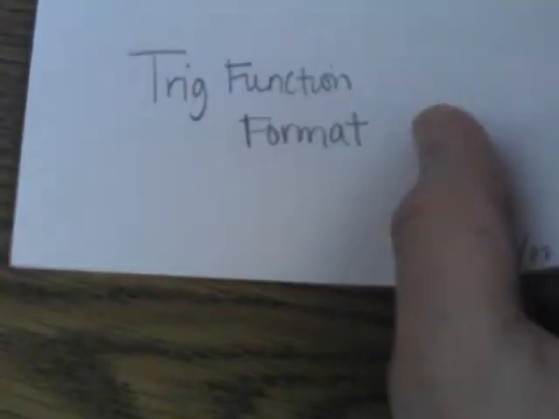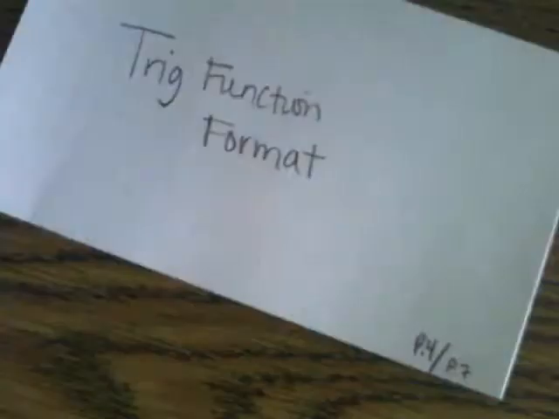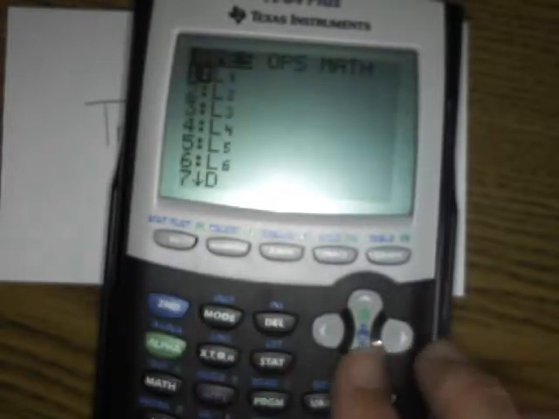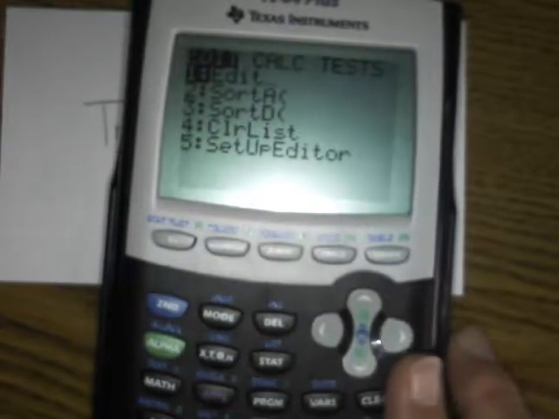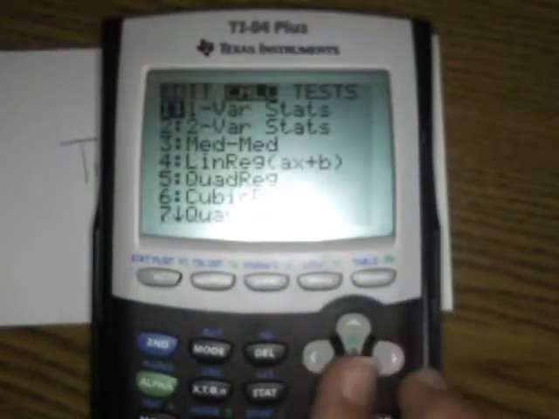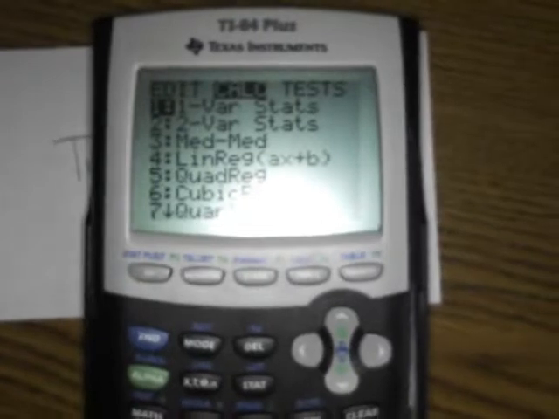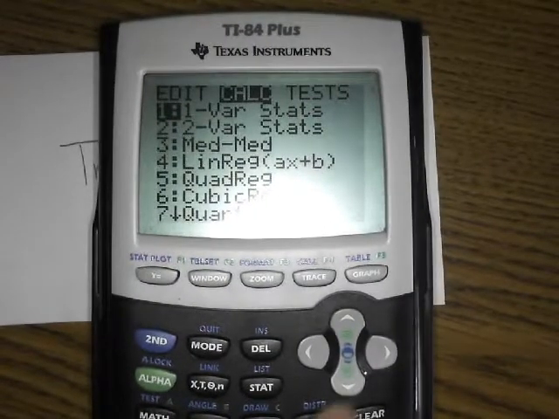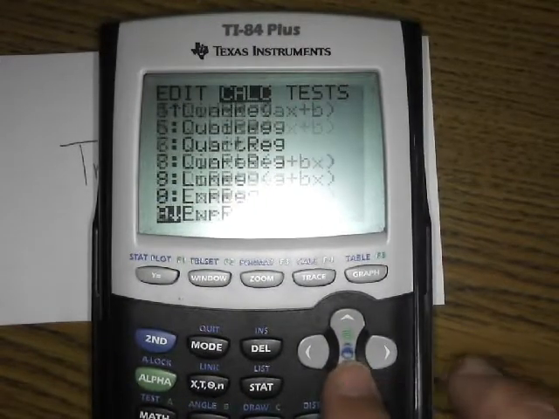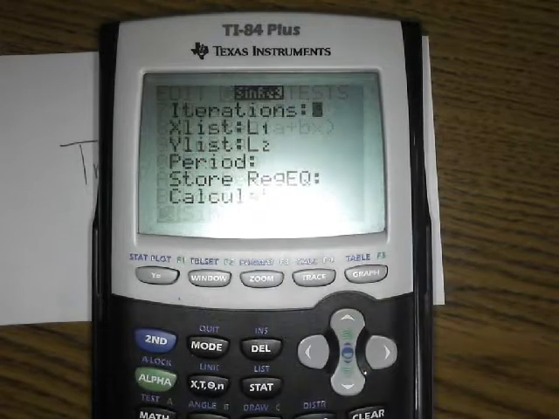Trig function format. So, by the way, if you want to cheat on your calculator, I'm going to show you how. If you were to ever have some list in there and you could put in whatever list you wanted, a lot of these regressions, if I do stat, calc, a lot of the regressions will give you the format if you forget. For example, if I go down to a sine regression,